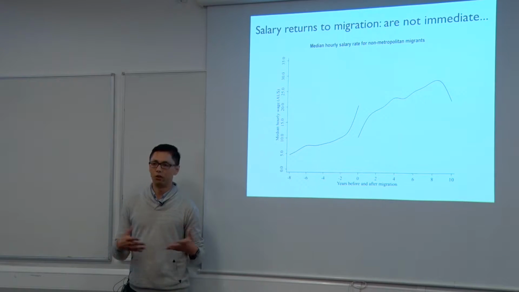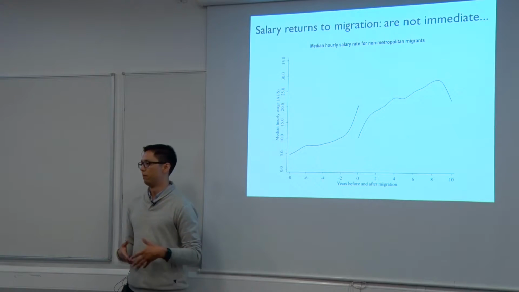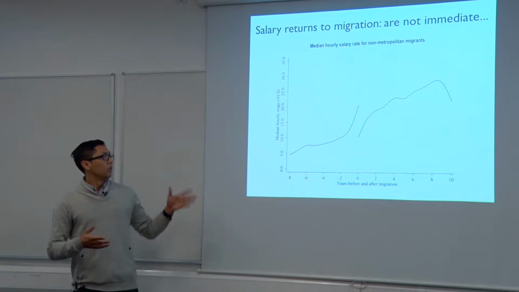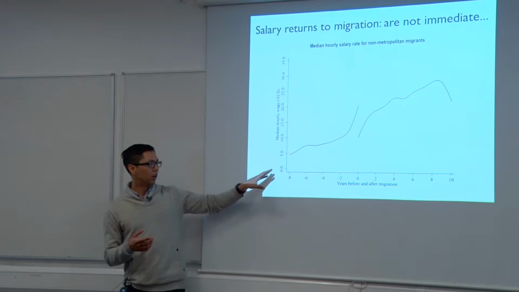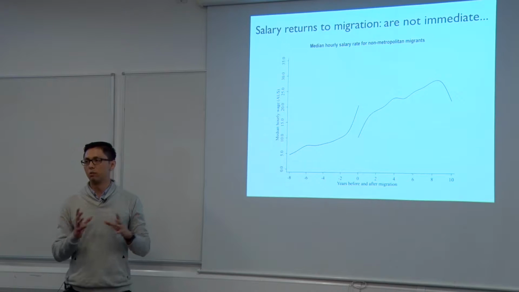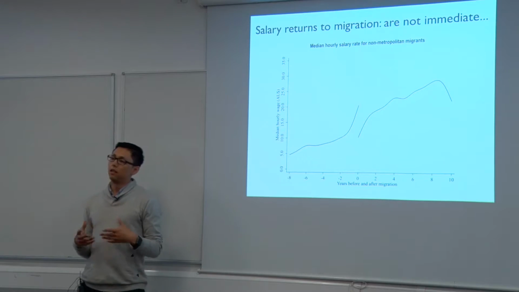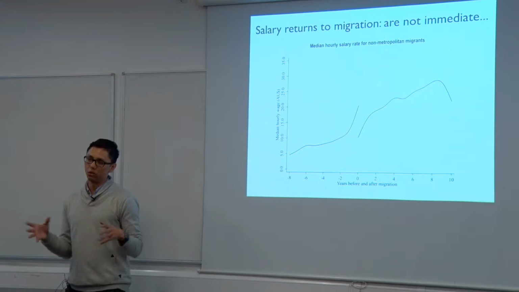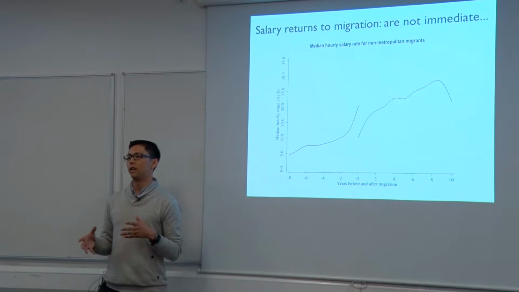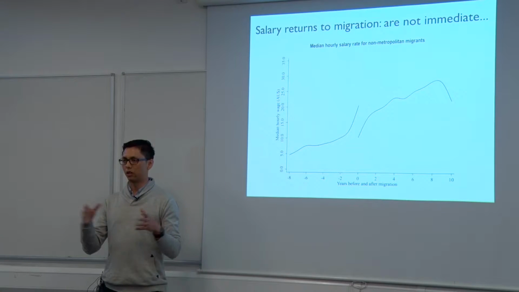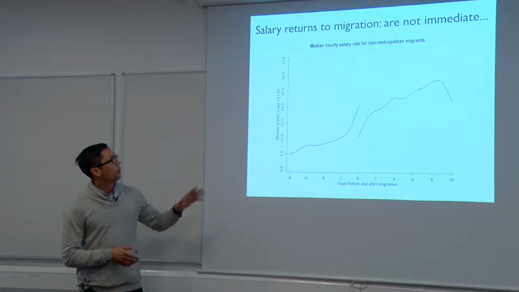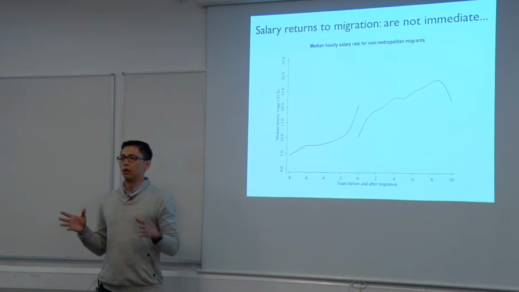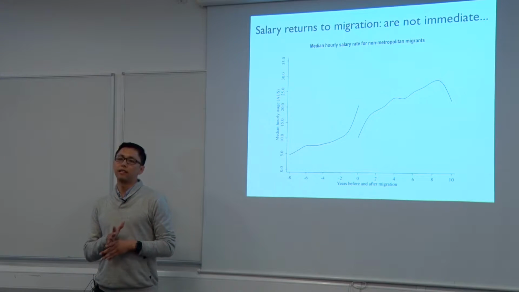And that is because they are looking for education, they are looking for employment, they are looking for a more vibrant lifestyle. So the purpose of the research was looking at the salary returns to migration of young people, because we know that young people are the most mobile if you look across the age spectrum. So what we did here, we work with a longitudinal data set of